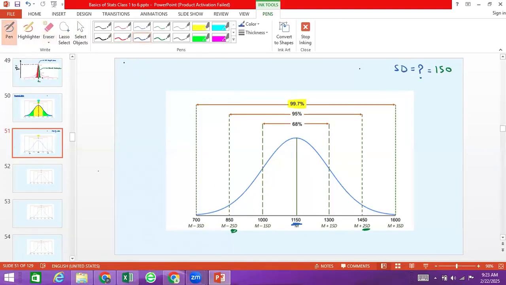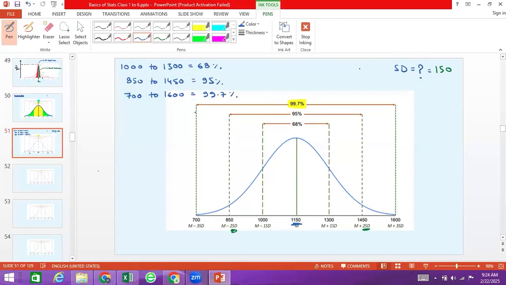Let's say from 1000 to 1300, I have 68% of the data. If I increase the range, 850 to 1450, I have 95% of the values. 95% of data points fall between this and this. And if I increase the range from 700 to 1600, that will cover